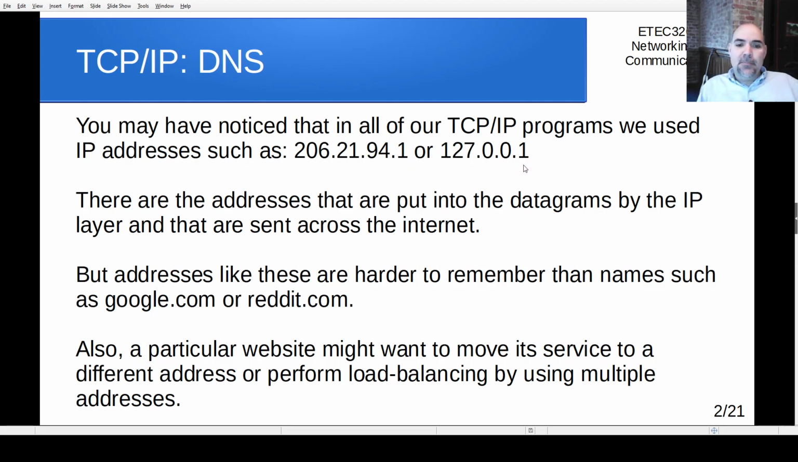But one of the things is that those addresses are what get put into the datagrams. Those are part of the IP layer. You'll notice there's nothing to do with names anywhere in any of TCP/IP. It's all addresses. But addresses like those aren't the easiest thing to remember, whereas it is easy to remember names like google.com or reddit.com or eBay or even Amazon.com. Notice that those are all names. Those are much easier for humans to remember than just a string of